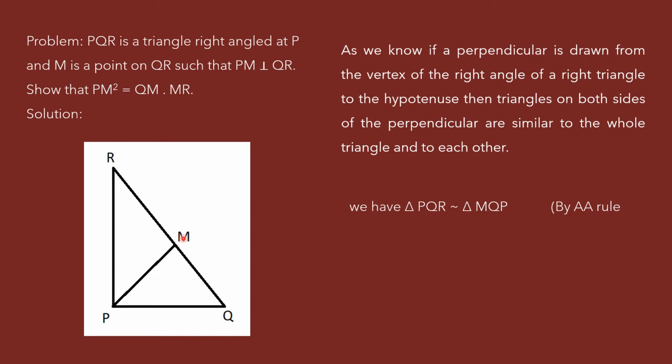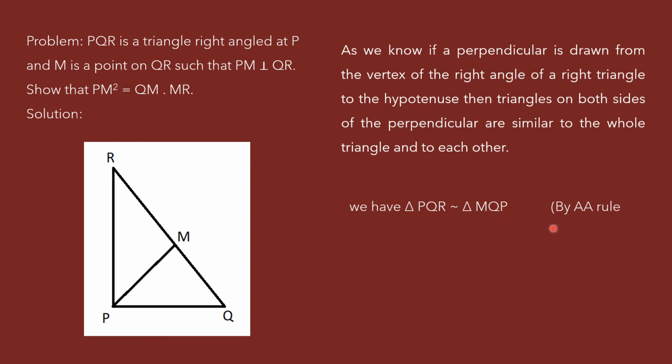In PQR, Q and R are the other two angles. Now here, while writing this small triangle, MPQR, PQM, or QMP, anything, I should start with the right angle. That's why I'm starting with M. Now in this small triangle, the common angle is Q. That's why MQ, and the other vertex is P only. MQP I wrote. Therefore, triangle PQR is similar to triangle MQP.